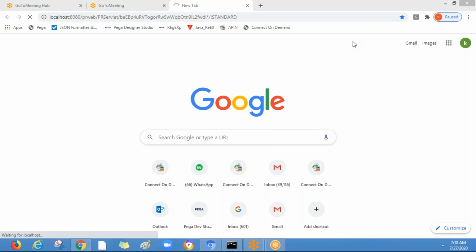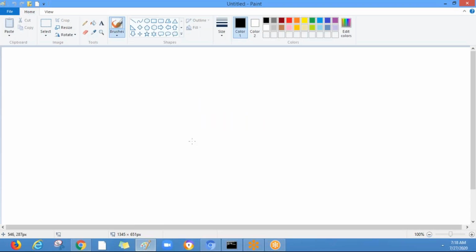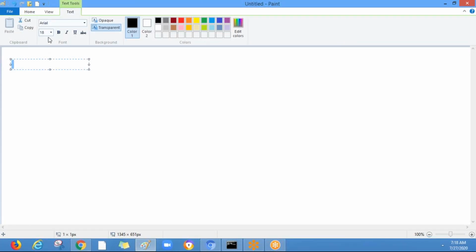Yeah, so let's get started now. Today we are going to work on the concept called routing. Here we have two types of routing available.